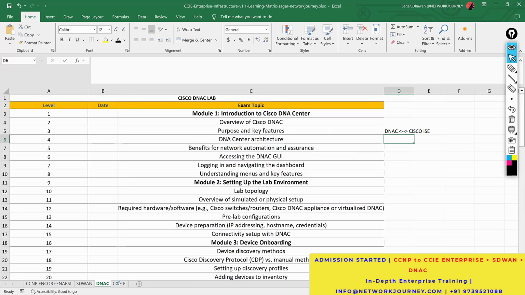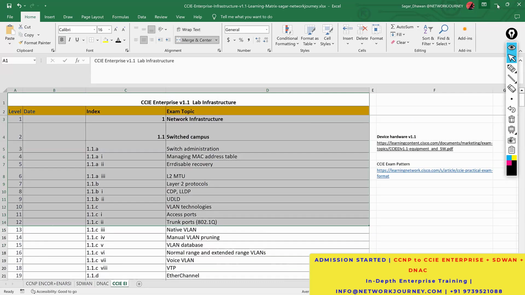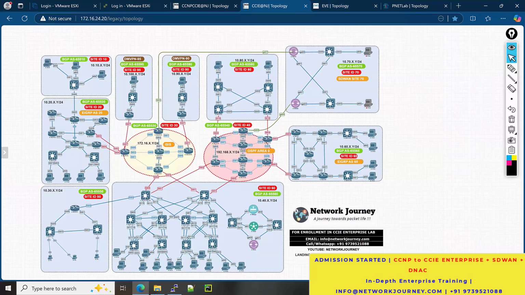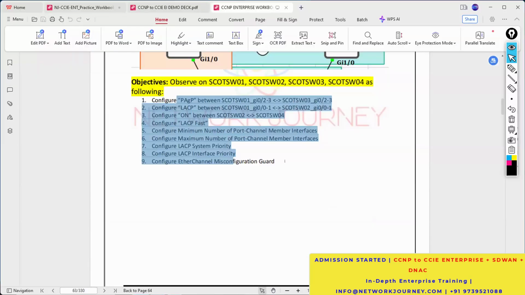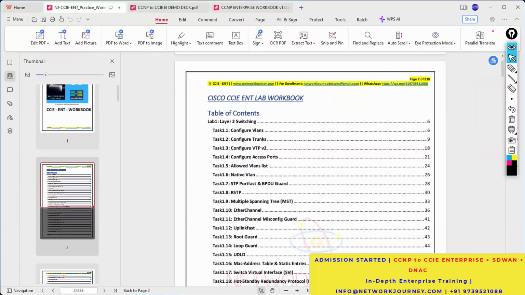And then when we go to CCIE, I have two labs with me. One lab is something like this. This is CCIE. I will show you the workbook of that. So this is how the workbook looks like. As I told you, in the case of the CCIE practical, we will not be doing much of theoretical concept. It would be more of